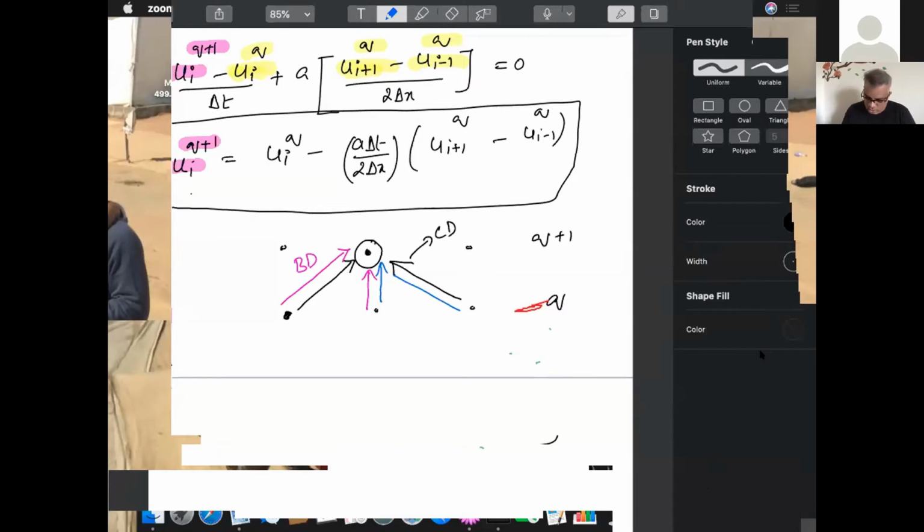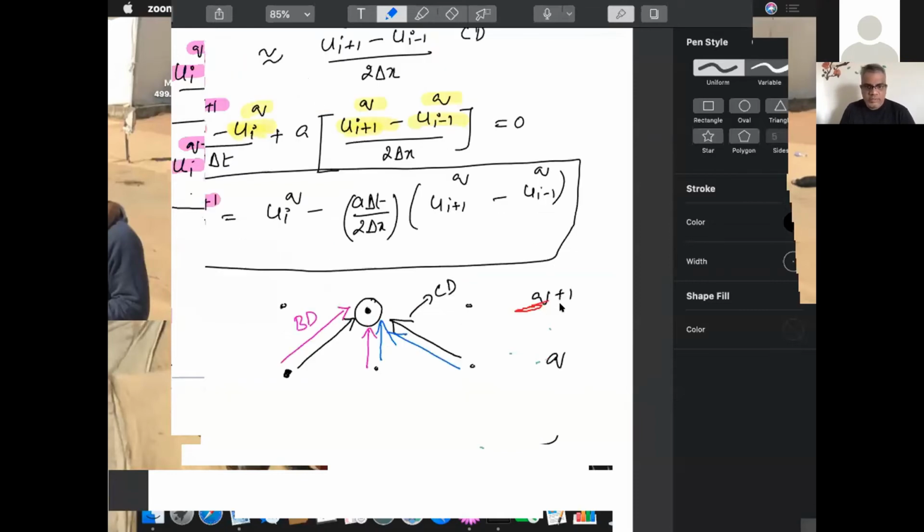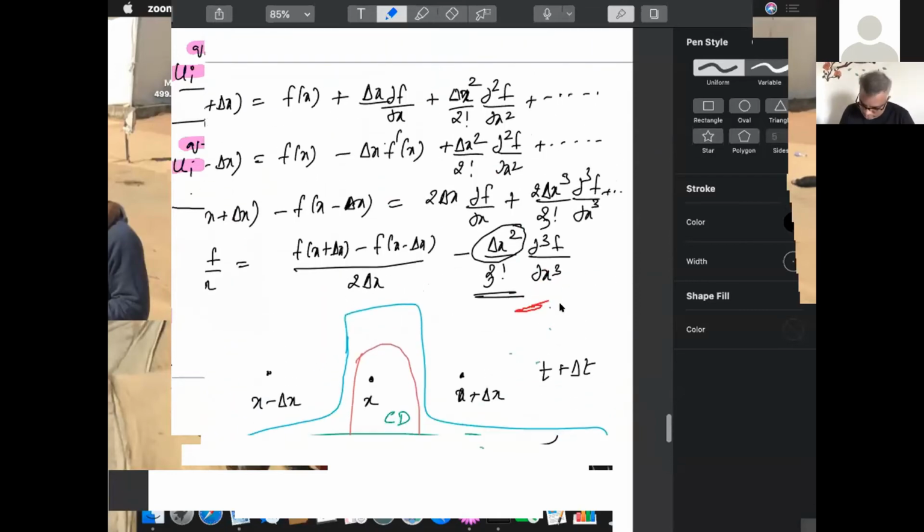So we would like to understand now. There are 2 aspects that you're looking at. The information propagation is from both directions in the case of the central scheme, and only from either the backward direction or the forward direction in the case of the backward scheme or the forward scheme. So what are the advantages and disadvantages that you get? Clearly, we know from the Taylor series that the central difference gives you a better order of accuracy.